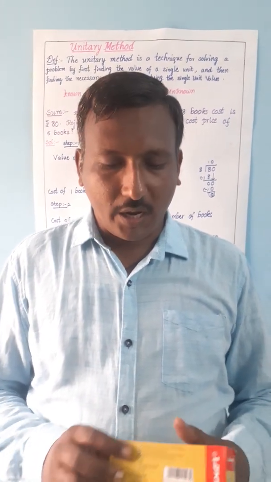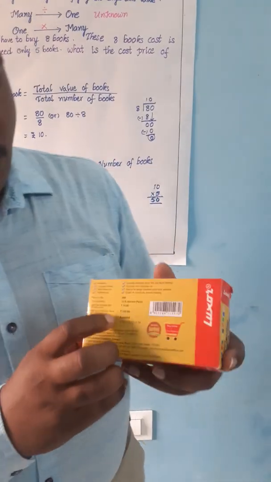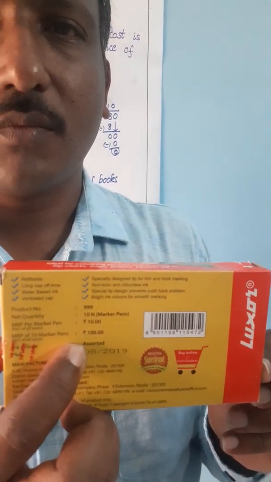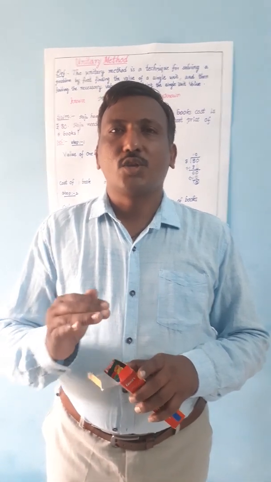The shopkeeper showed, I have this box of 100 rupees. She told, I don't want that much, I need some pens. And she is thinking. The shopkeeper asked, why are you thinking, ma? I don't know the cost of one pen. So the shopkeeper helped to find the cost of one pen.